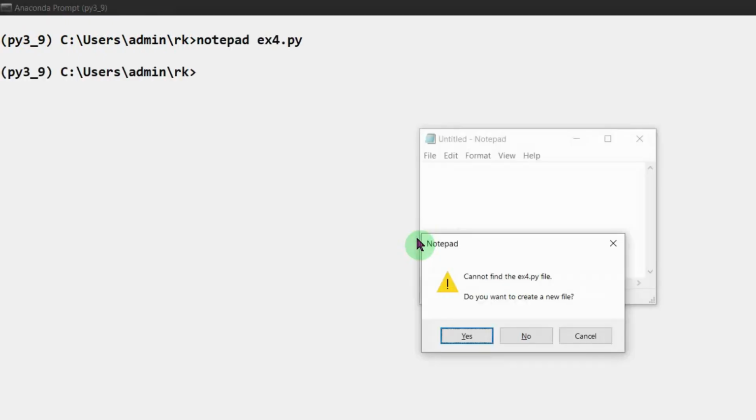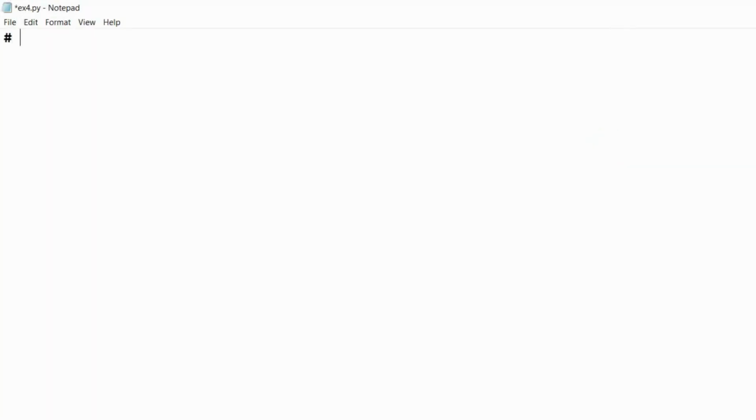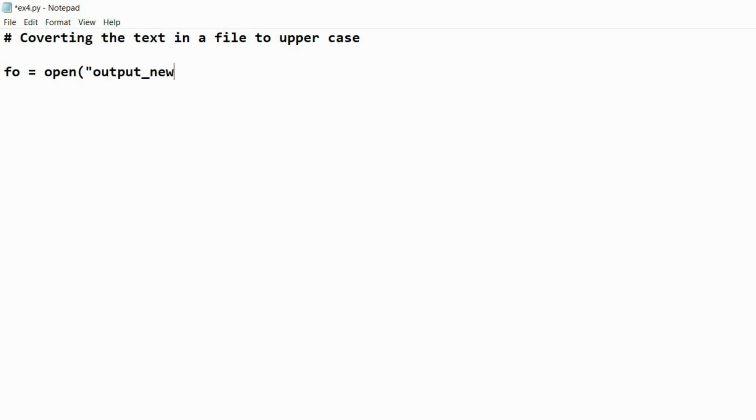Now I am going to convert the entire text available in a file to uppercase by using a new Python script ex4.py. First I am using the open function with output_new.txt as the first argument. Since this text file is not available, a new file will be created with the name output_new.txt in append mode.